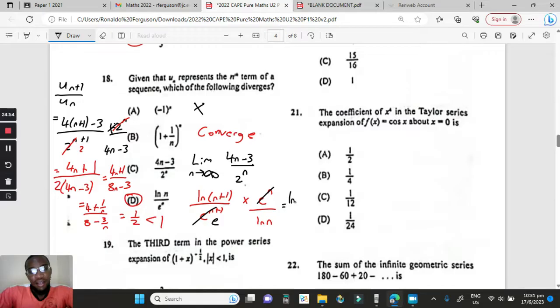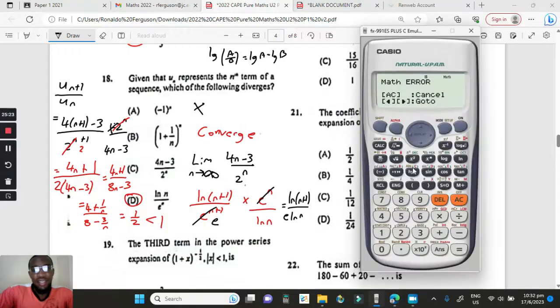Then you have log of n plus 1 over log n, which by laws of logarithm, log a over b is log a minus log b. It's being multiplied by e, so log n plus 1 divided by log n times e. To evaluate the limit of this, if n is large,